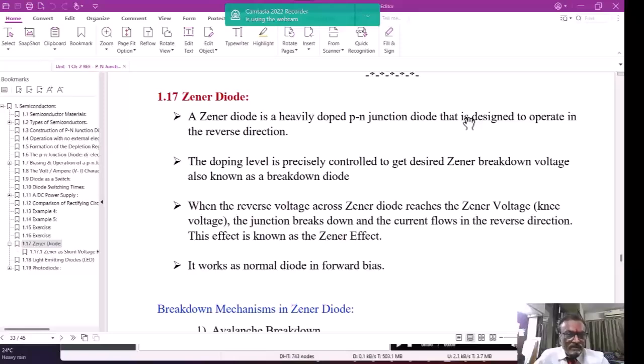Today we are learning the special purpose diode, in which the first diode is Zener diode. There are two subtypes in Zener diode, the avalanche breakdown diode and a Zener diode. Then we will see the light emitting diode and photodiode. Let us see the first category,